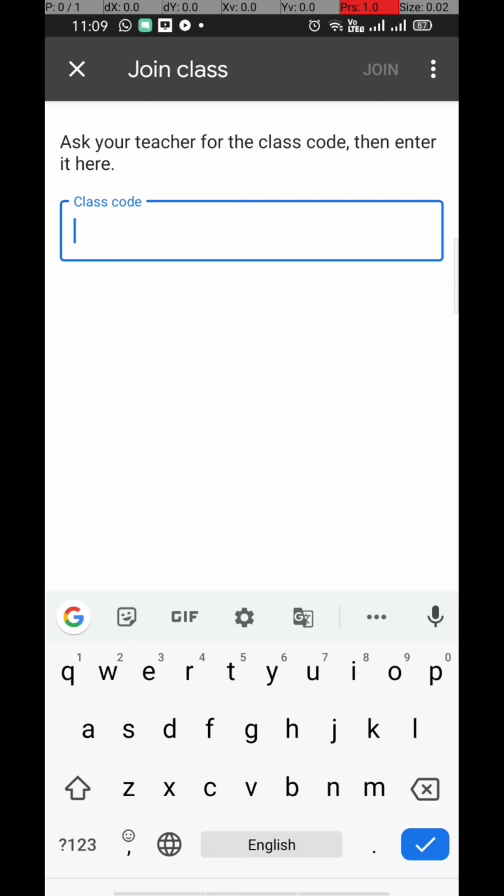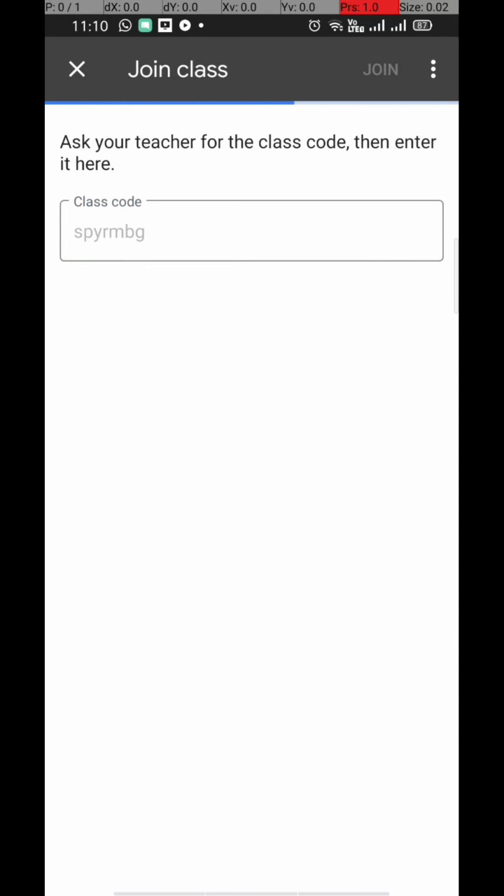For example, here I have one code from Meeta ma'am, so see how I can join that. You have to fill in the class code here. After filling in the class code, you have to click on the join button at the top.